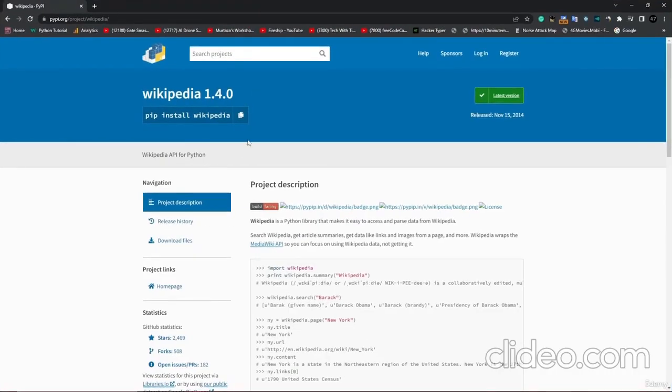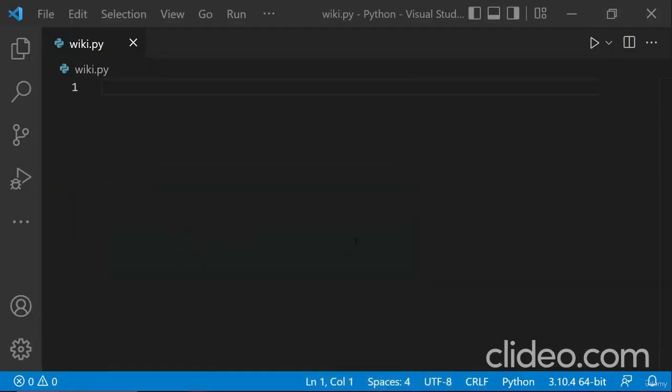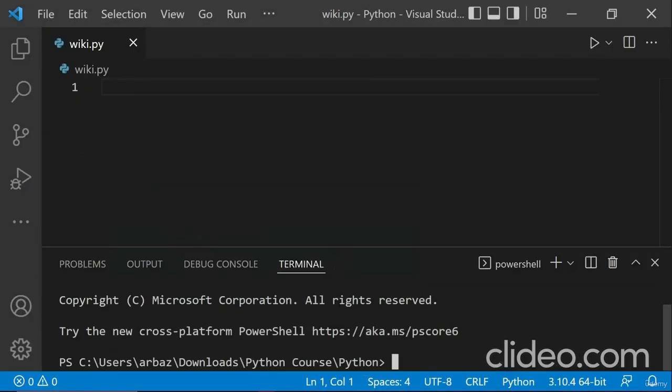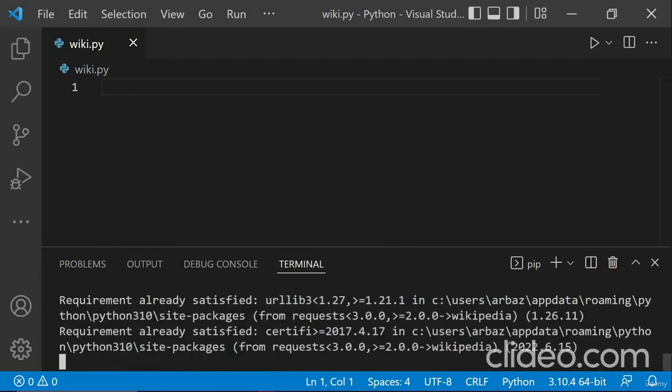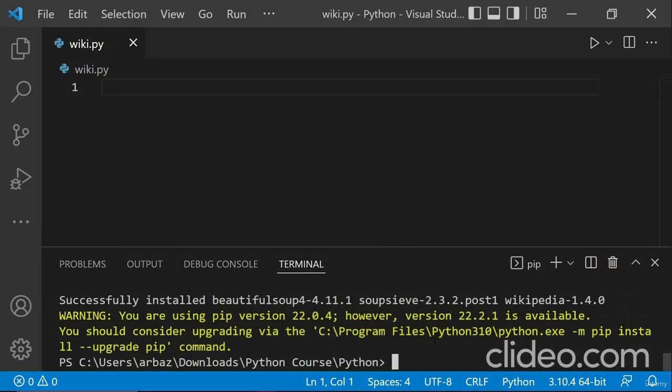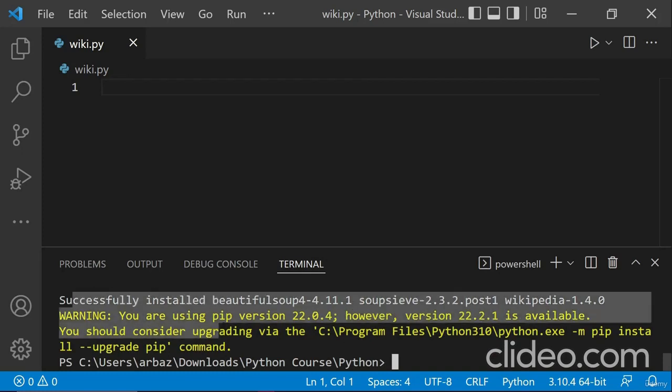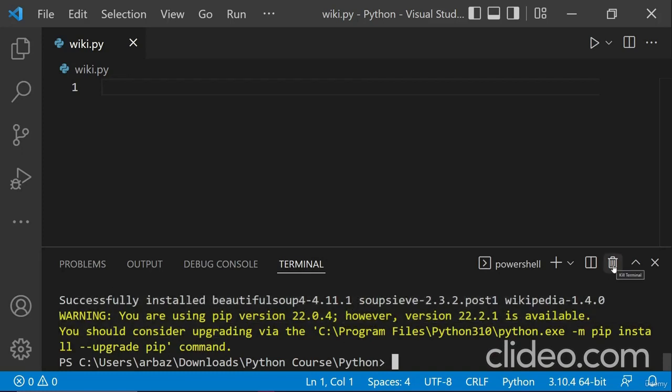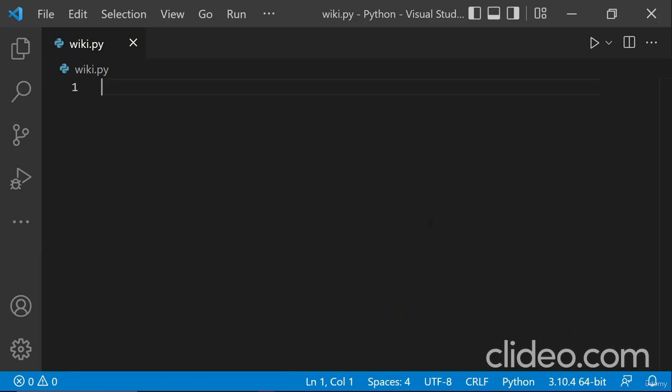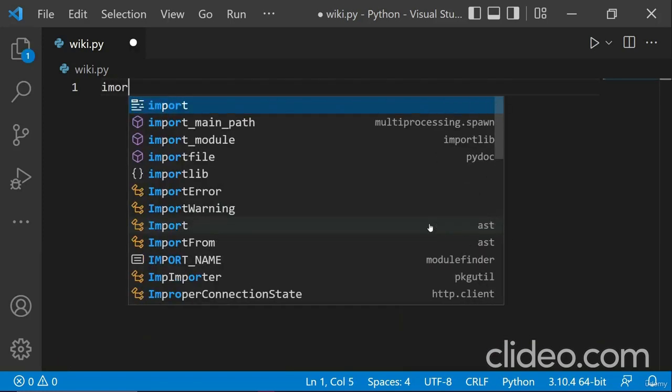You can see this is the page of the library, which is the Wikipedia library. To install it on our system, we need to just copy this command. If I minimize it and open our terminal, paste this command and hit enter, it should install this package onto our system. I think it has installed the package successfully. Now I will close this terminal, and in our code, we will import